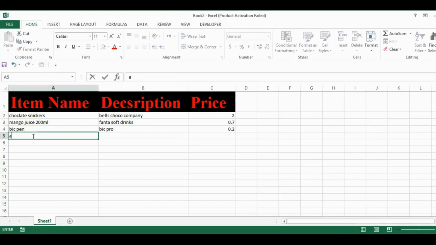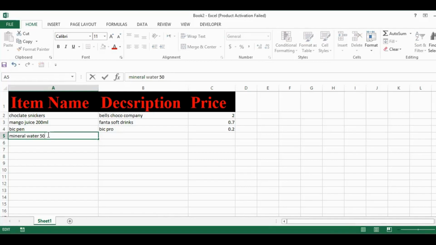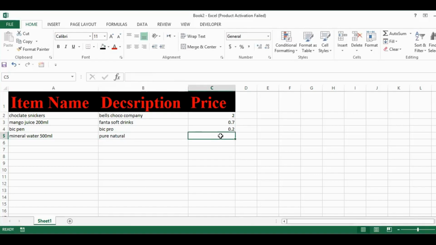Let's add water. Mineral water, which is 500 ml. The supplier is Pure Natural. Yeah, that's a company. And the price is, let's say, 50. Okay. Good. Now, what we have done is we have added a heading, and then we have seen how